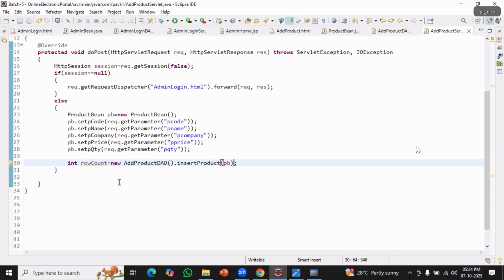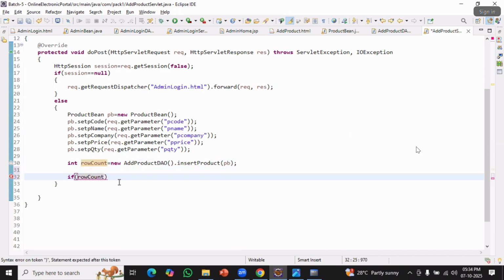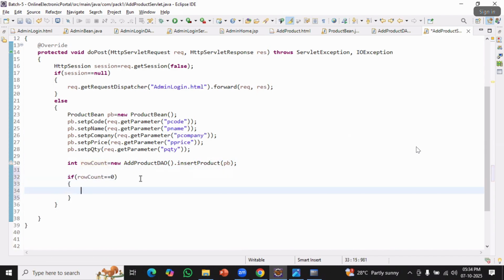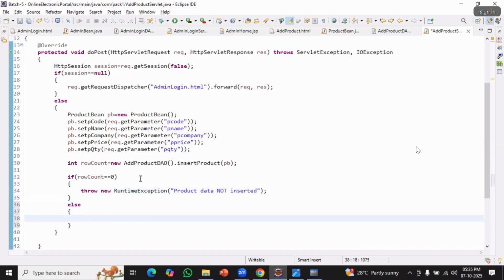Now here, if rowCount is equal to 0, let me just throw a new RuntimeException with a small message: product data not inserted. Else,